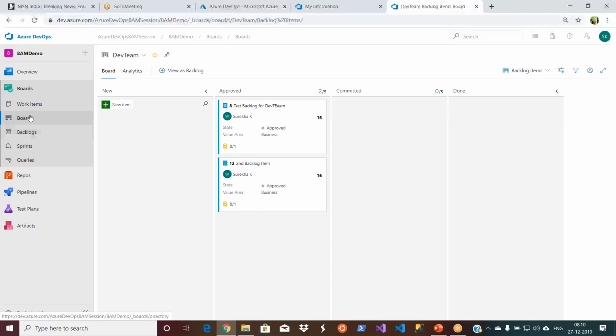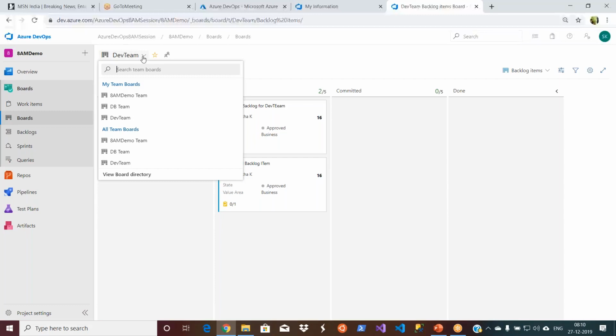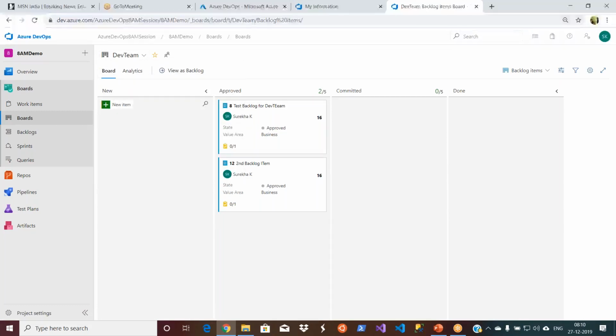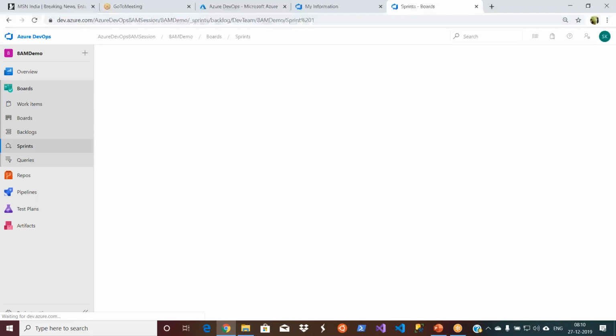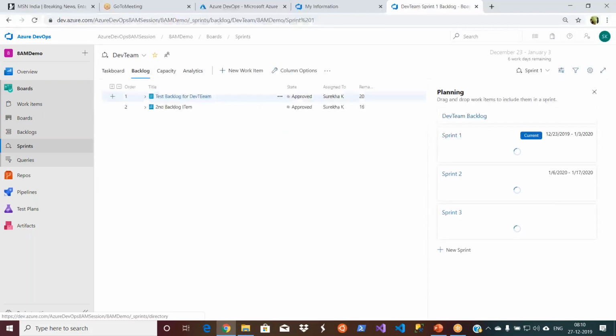And then this is a backlog, and these are the teams. If you have different teams, you can switch between teams, and the items related to that team only will be displayed here. And then sprints, I'm just quickly revising, not spending much time. In the sprints, this is where you are defining the capacity and everything, right? Right now in this sprint, I have only these two product backlog items.